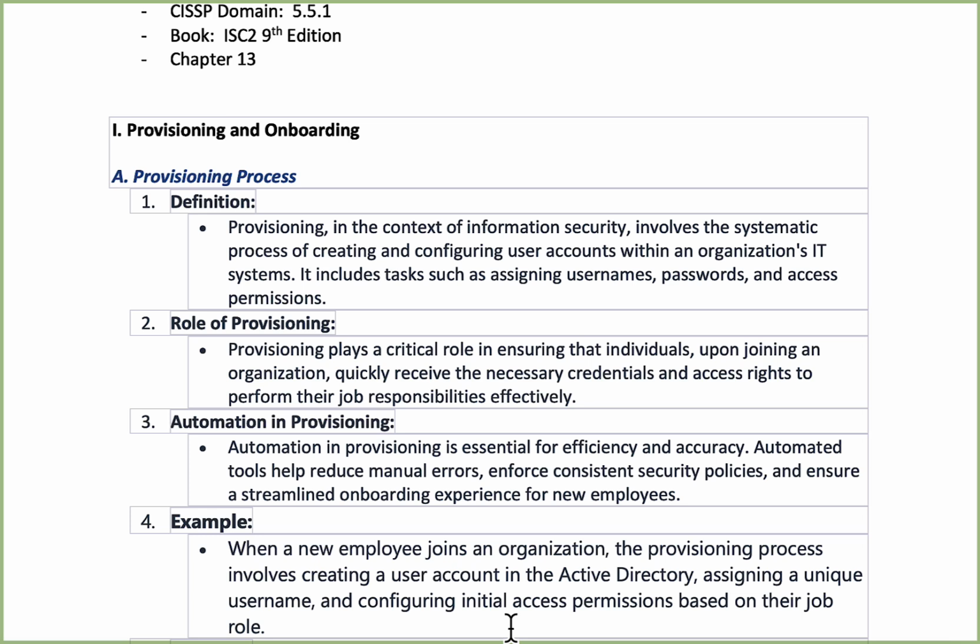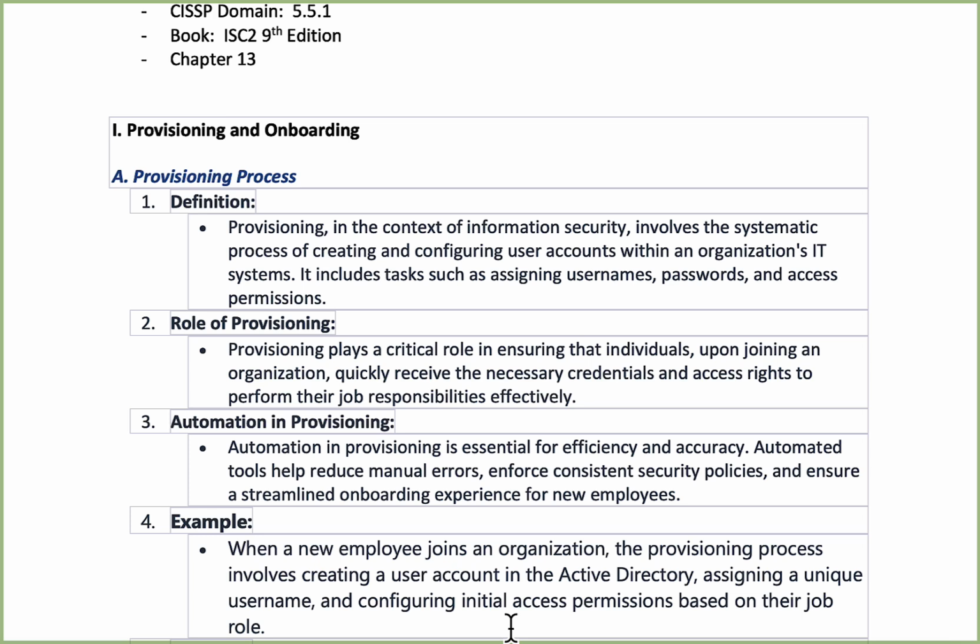So you need to really understand, when you're dealing with provisioning, the critical role in ensuring that individuals who are joining your organization, either from a full-time employment standpoint or from a contractual standpoint, have the necessary credentials and the rights to perform their jobs appropriately. Now, this may be up to the hiring supervisor, but they must have that set up correctly. And it is your responsibility as a security professional, one, to help them set that up if they haven't already done it, or two, to provide some level of guidance on how to set up these accounts